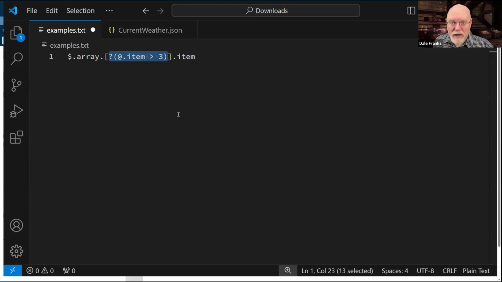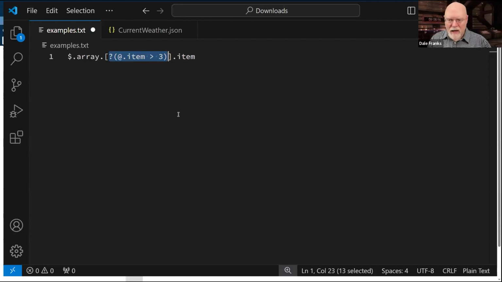I can do that in a way that I can't really do in XPath. That's one of the things that makes JSON path in equal measures frustrating and satisfying, because I have the ability to do data mining using simply JSON path to pull back specified data.